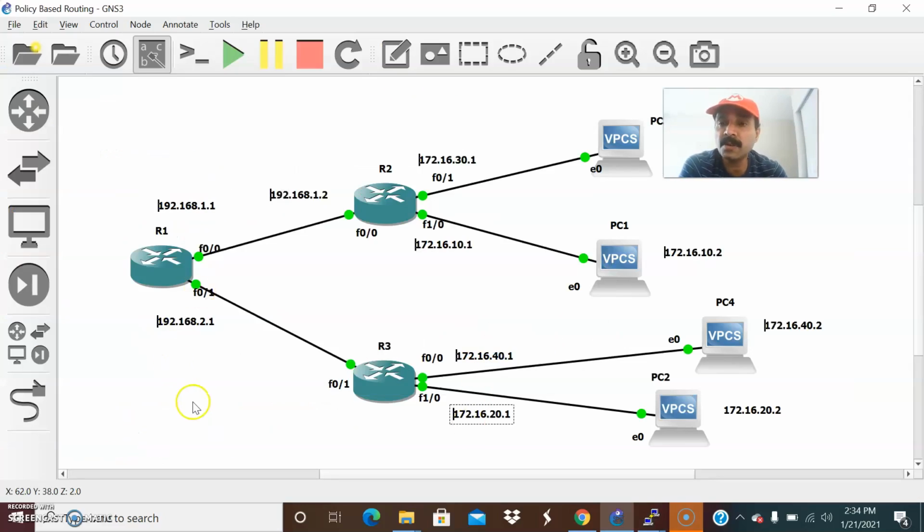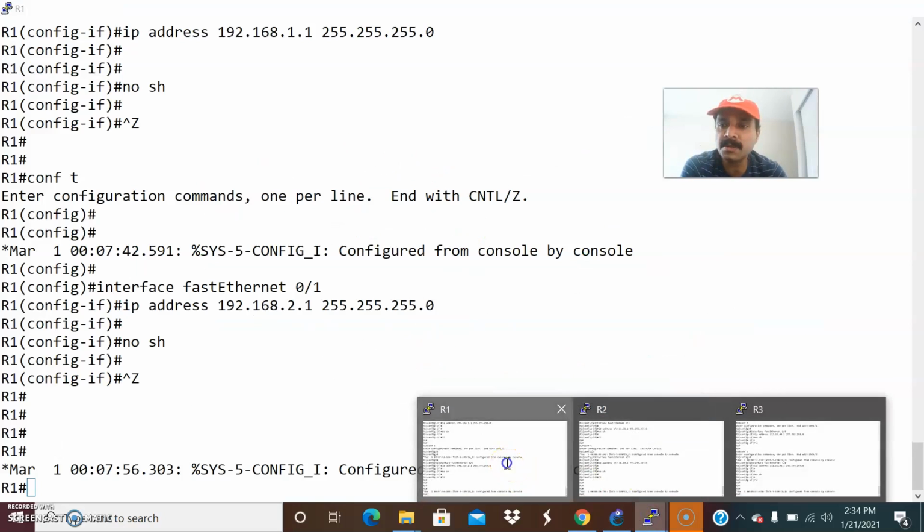After that, let us follow a shotgun approach and configure EIGRP in all these routers. Let us go to R1.